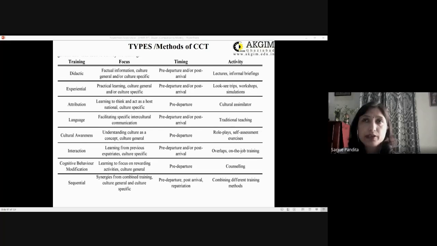For example, in India, when we point and wave our hand to someone, it is okay in South Asian countries, but in Gulf countries it is not okay. This body language, this sign, is used for waving at animals. Then we have cultural awareness training.